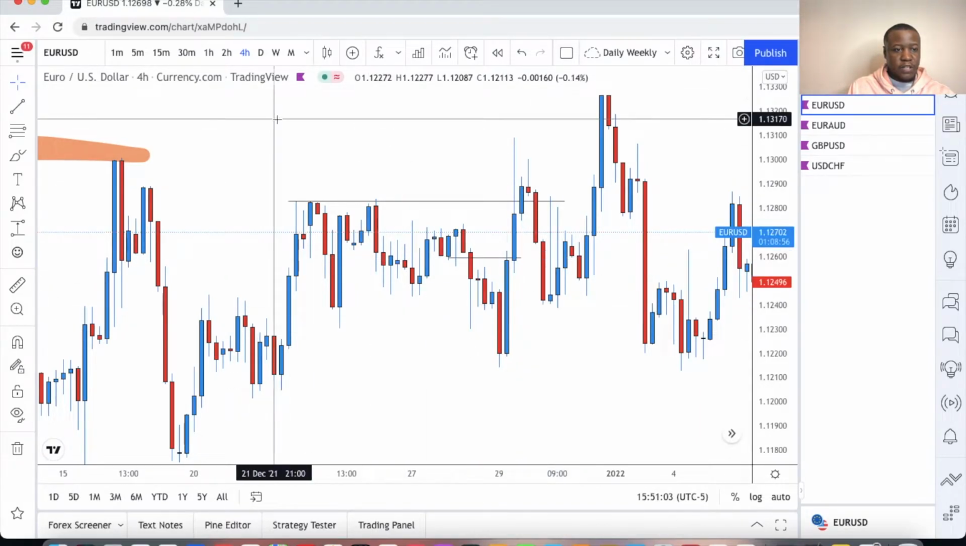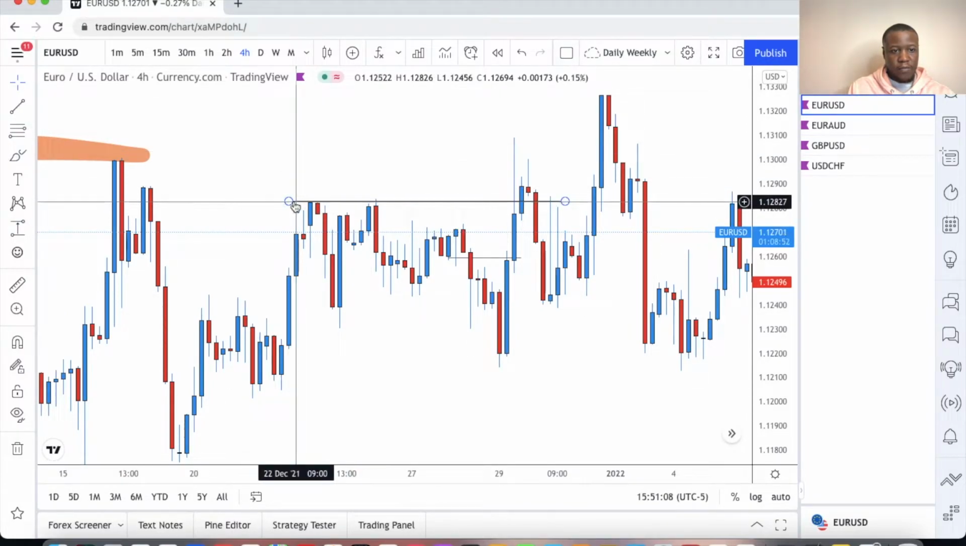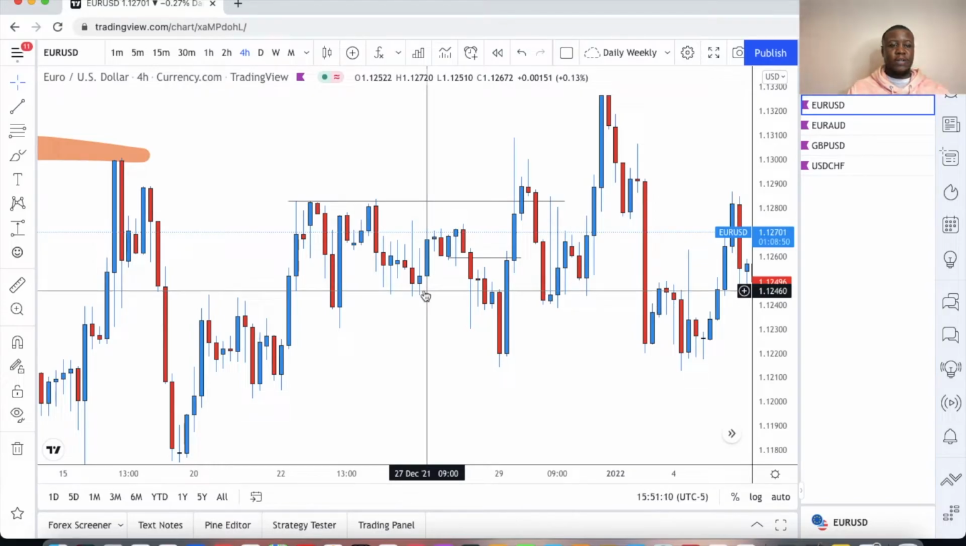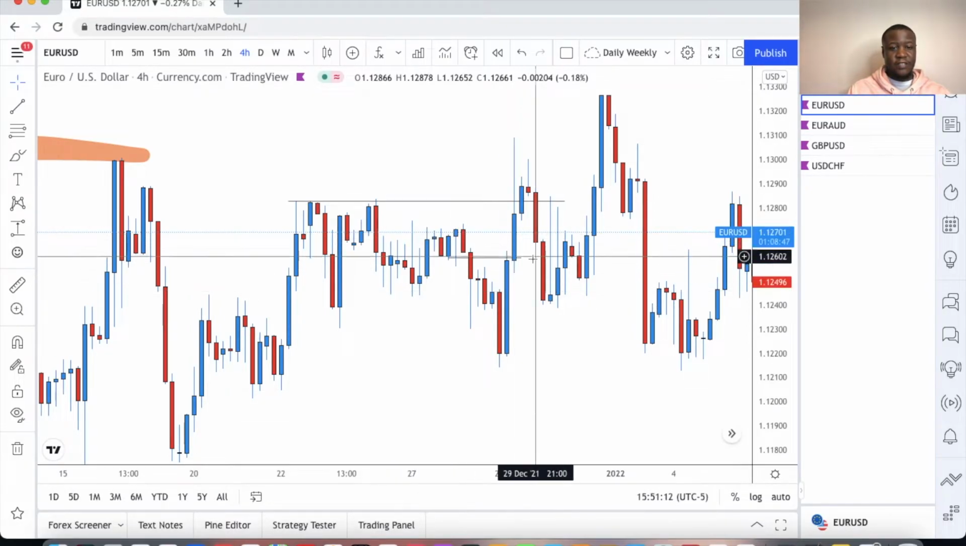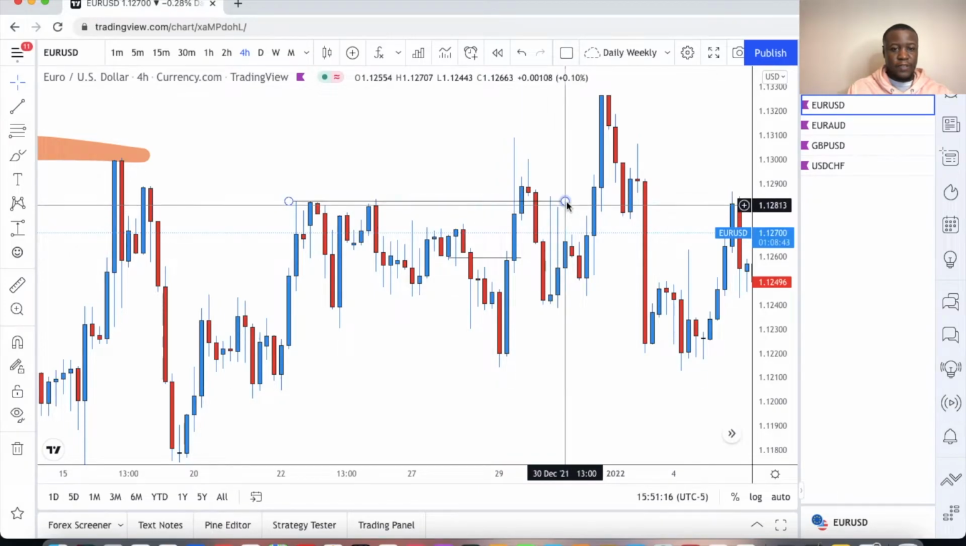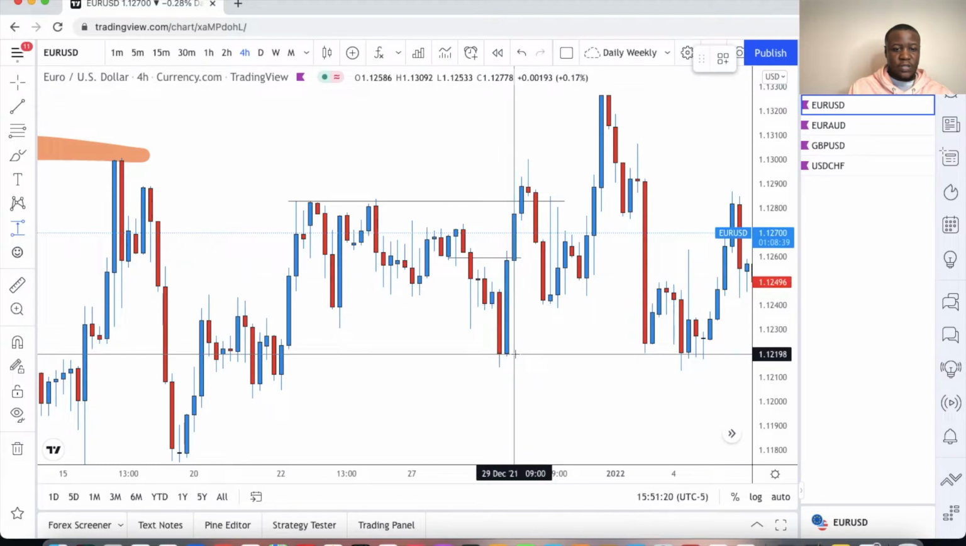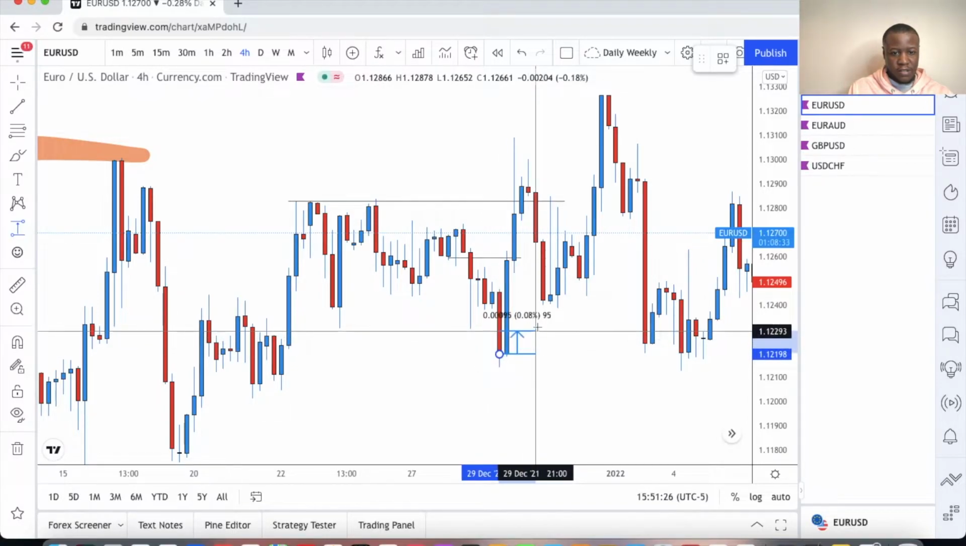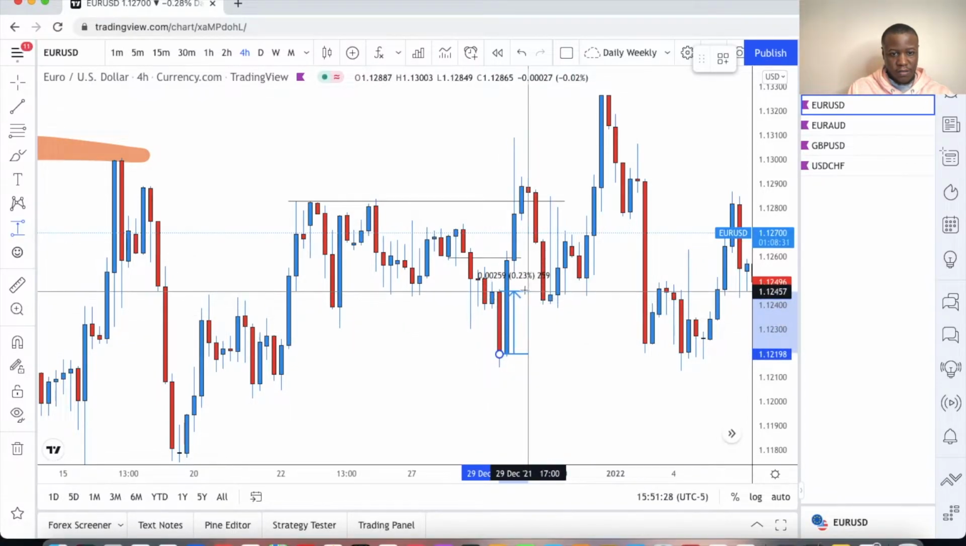You could take partial profits at the previous high, because you never know, the market could just go in a range right here and then drop back down. You just want to have that secure, locked in profit. So look at this, we're in profit